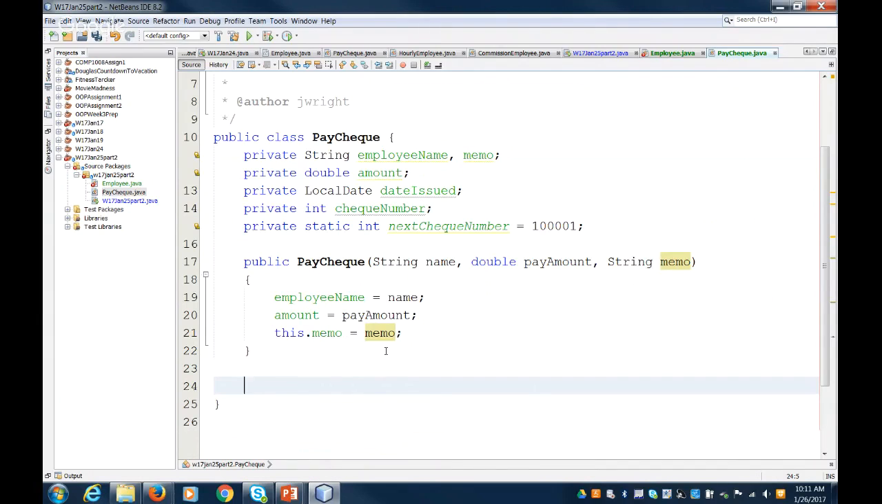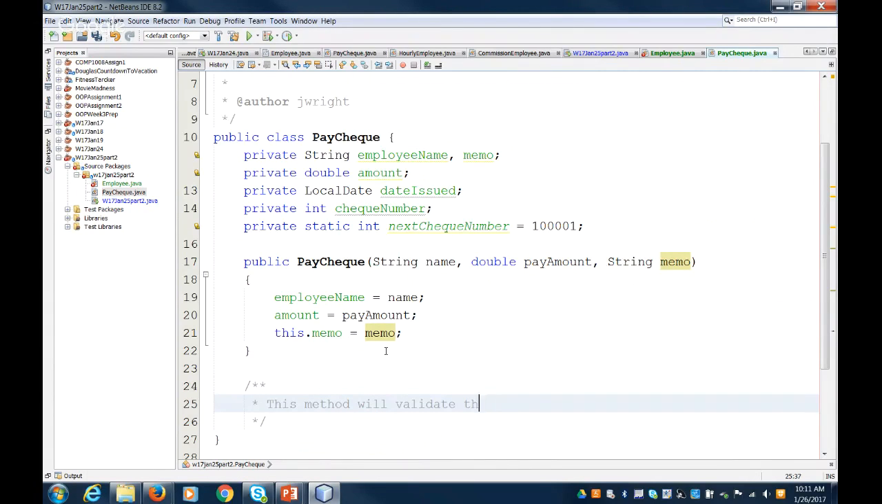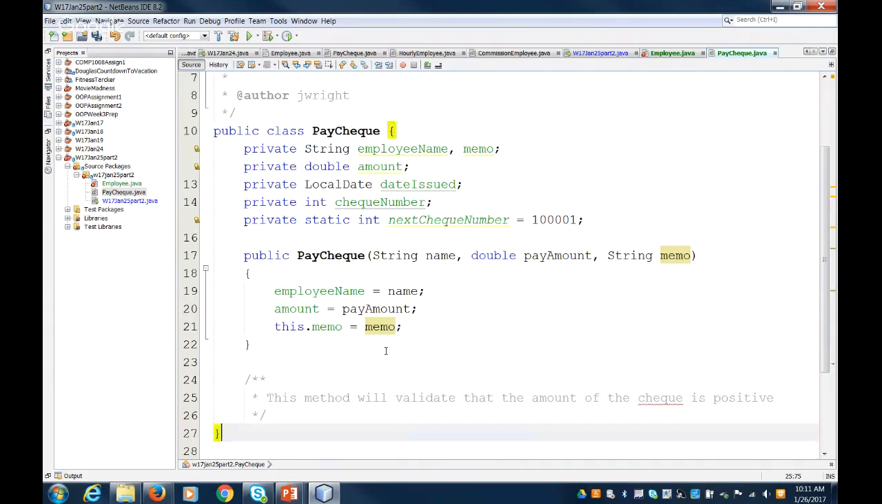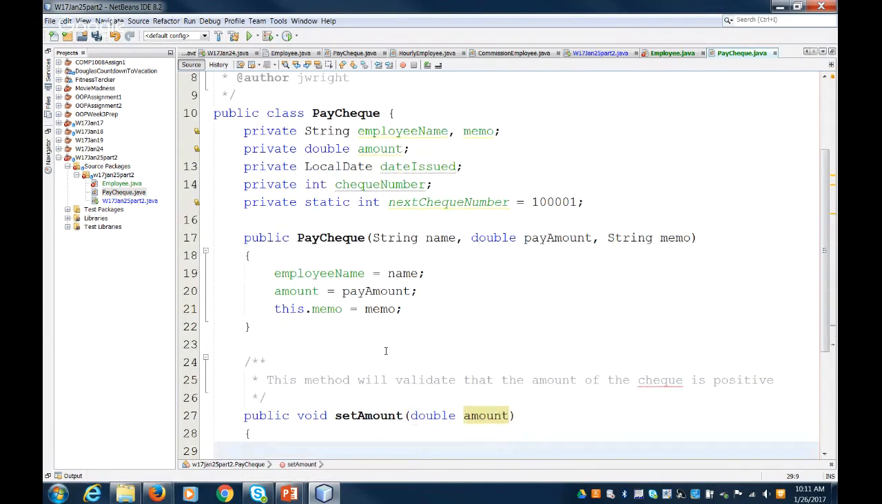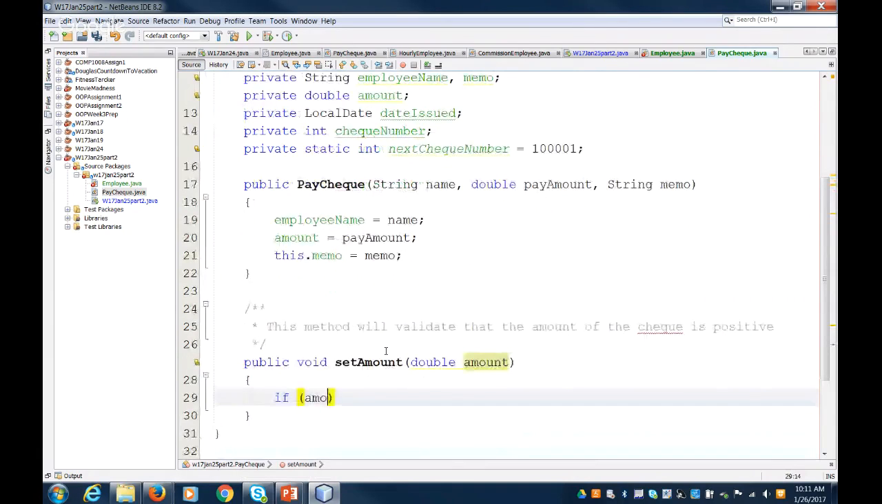Now, with paychecks, we really should validate that the amount makes sense. So this method will validate that the amount of the check is positive. Right? It wouldn't make sense to write a check for a negative amount of money. So public void setAmount, say if the amount is less than 0, I'd argue you don't even need a paycheck if it is 0. So if the amount is less than or equal to 0,